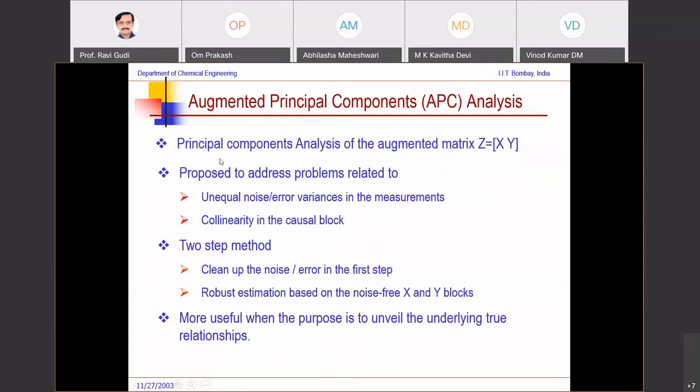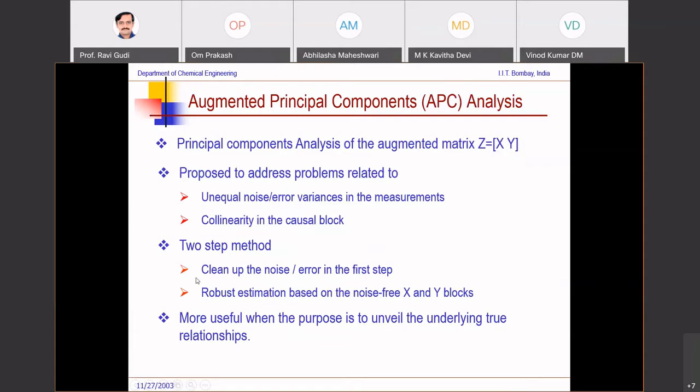So what we will do now is the first of the algorithms, building on what Professor Mani taught, which is augmented principal components. As the name suggests, it essentially looks at an augmented matrix, not just of X, but X and Y. If Y and X are linearly correlated, this Z matrix is collinear in some sense, because at least Y is related to X, so there is at least one collinearity resulting from that. If there is a collinearity further in the X block, it helps you to deal with that as well.